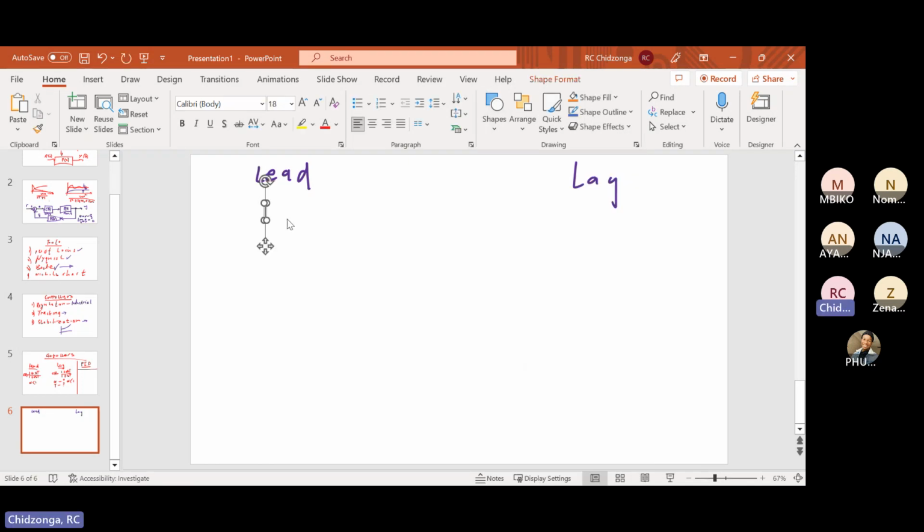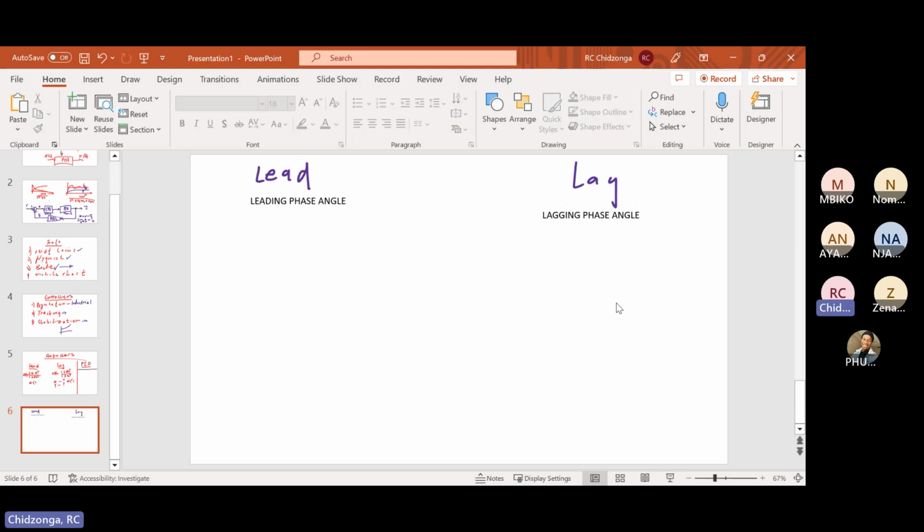That's all there is to it. That's why it's called a lead. In other words, it's positive. A lag provides a lagging